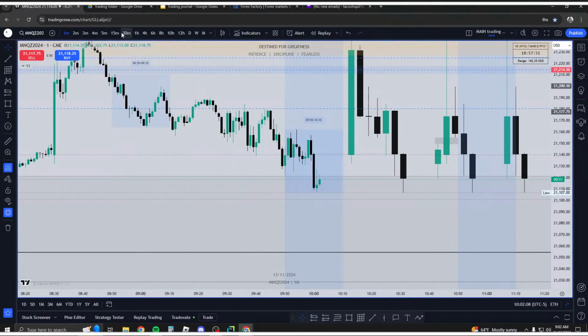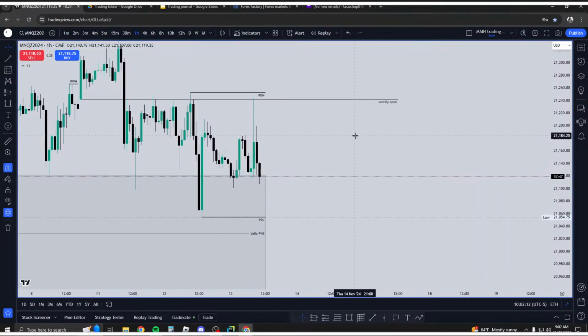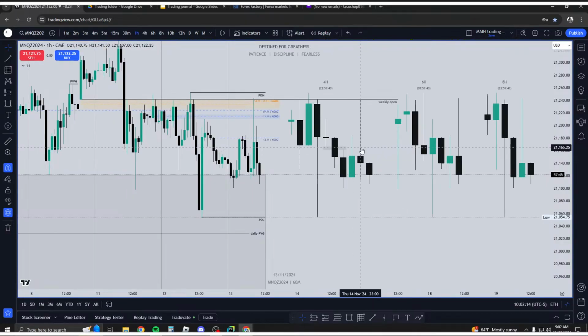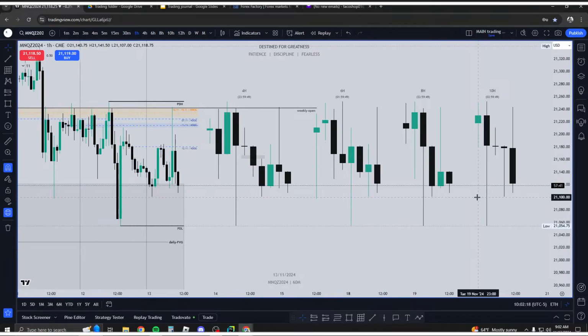But like I said, the morning objective for me was that 4 hour and 8 hour low. I basically went over that already. I didn't want to repeat myself. Now that we've completed the 4 hour, 8 hour objective, I would now wait for more time, more structure, and trade even lower time frames.